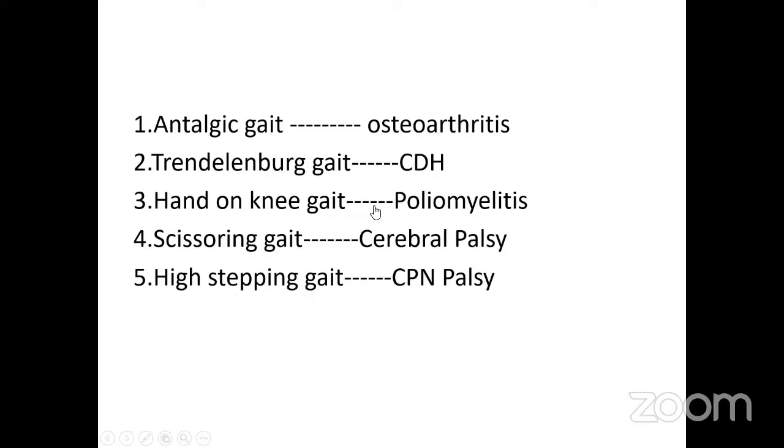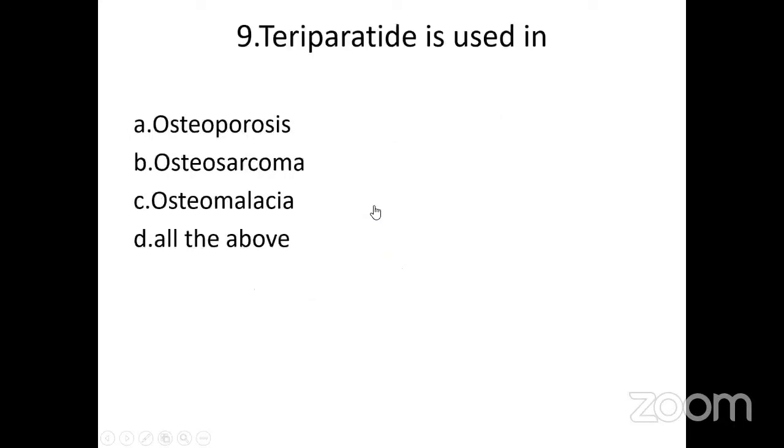That's called high stepping gait, that is seen in common peroneal nerve palsy. Then teriparatide, that is a very important drug. Actually, it's a novel drug used in the management of osteoporosis. Actually, it is a hormone. The answer is